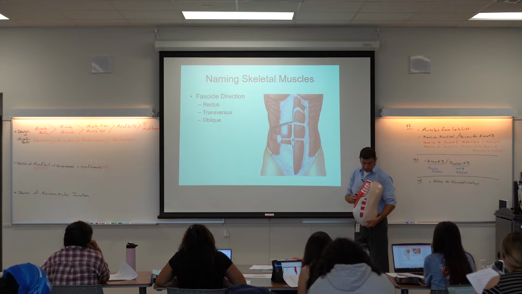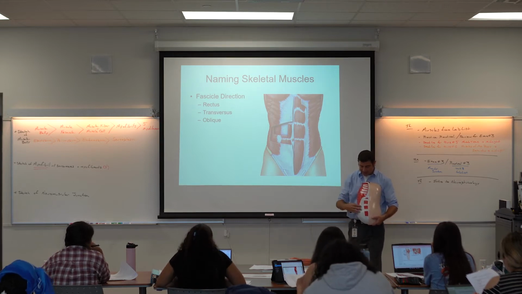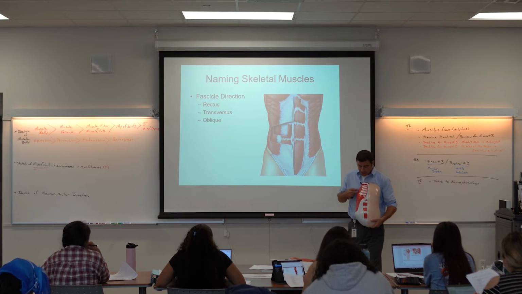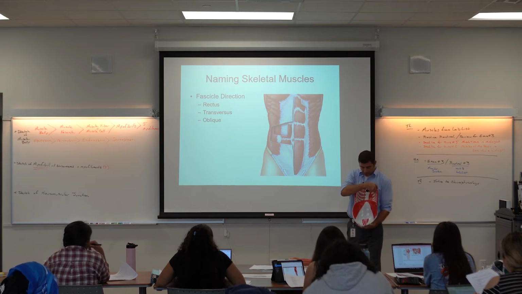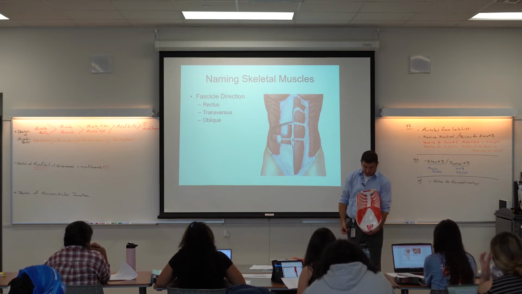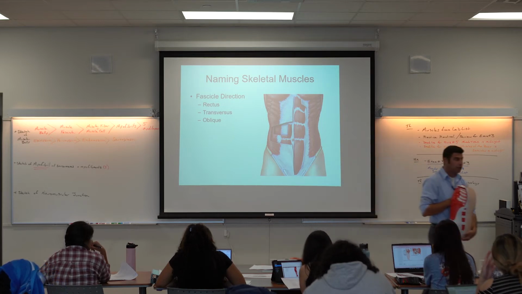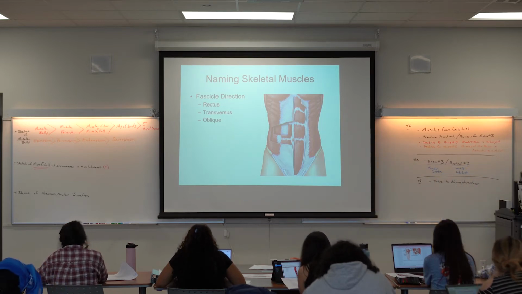On this model that I'm holding up in front of us, we can see rectus abdominis, we can see external oblique, and if I flip this thing all the way around, on the back side you can see the muscle fascicles that are running transversely. So this would be the transverse abdominis. There isn't a really good place on this one that shows internal oblique, but I believe,